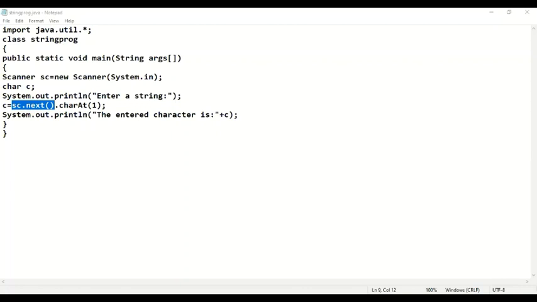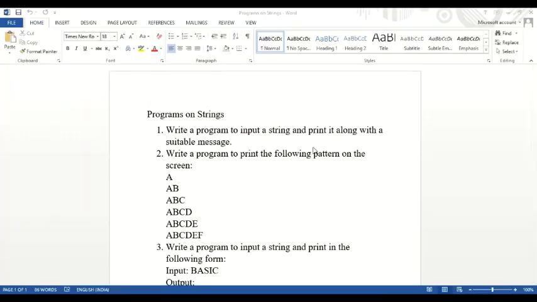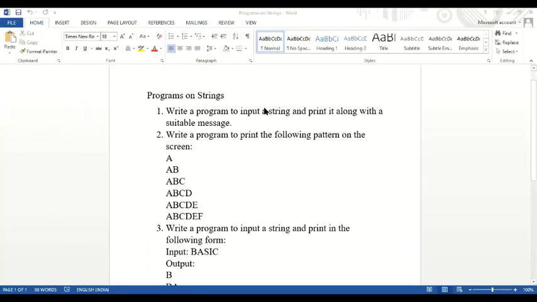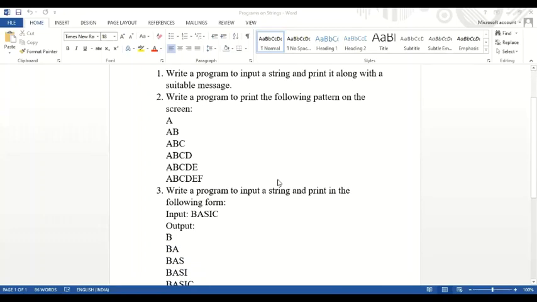Now look at this Word document. I've written a few programs over here. First one I've done. Write a program to input a string and print it along with a suitable message. Now write the second one.